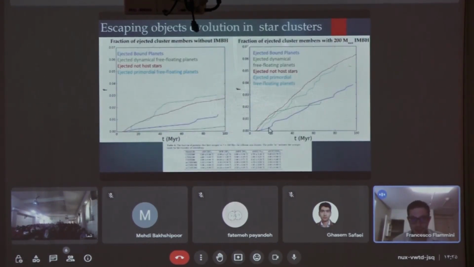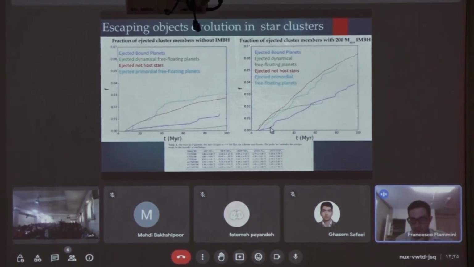As for the objects escaping from the star cluster, I also include the free-floating planets that were ejected from a star. And as you see, there is a relatively large increment of 0.03% for stars, and similarly of 0.02% for the free-floating planets. This is much important because it is the fact that although we don't have a core collapse,